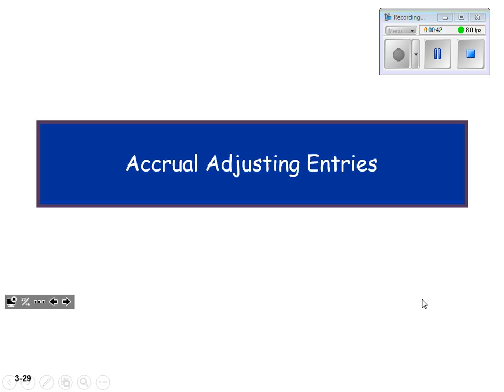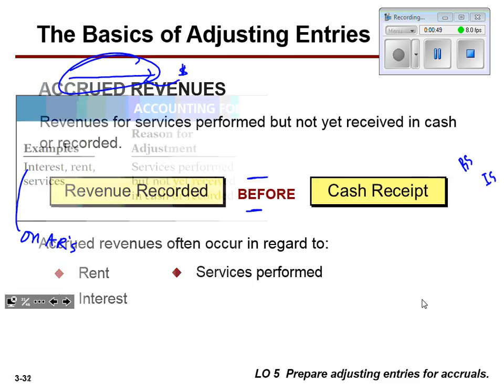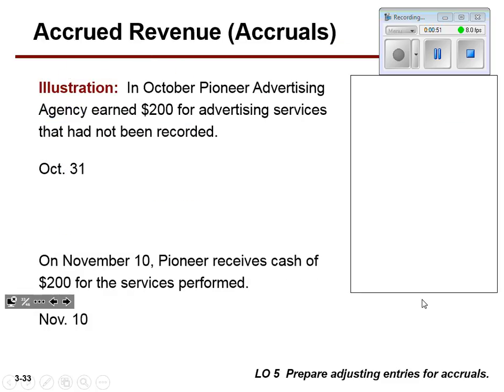As we talk a little bit more about the accrual entries, I'm going to go faster than I did yesterday because you understand it a little bit more. Taking a look at revenue. Revenue came in, money came in. No, it hasn't. Getting myself confused again. In October, Pioneer Advertising earned $200 for advertising services not yet recorded, and that simply was an